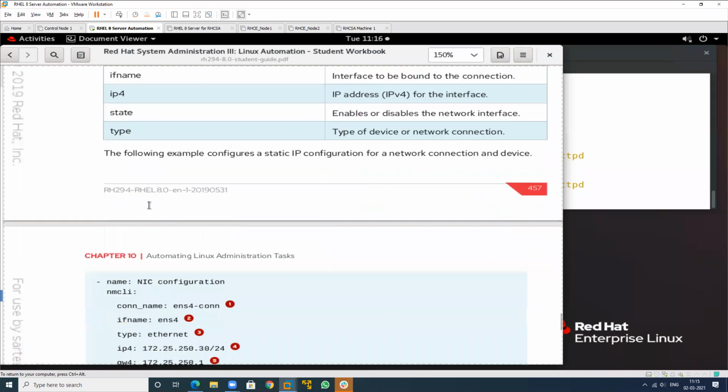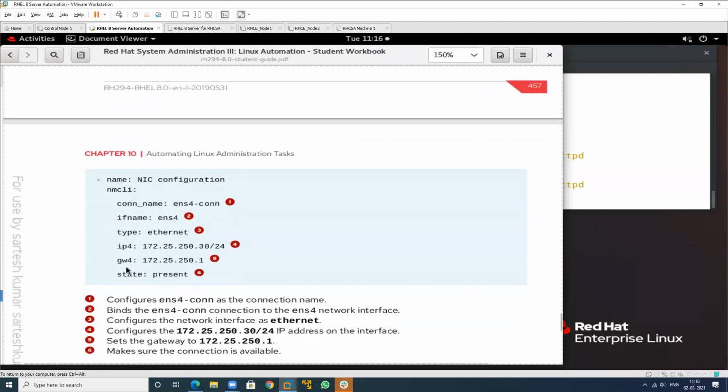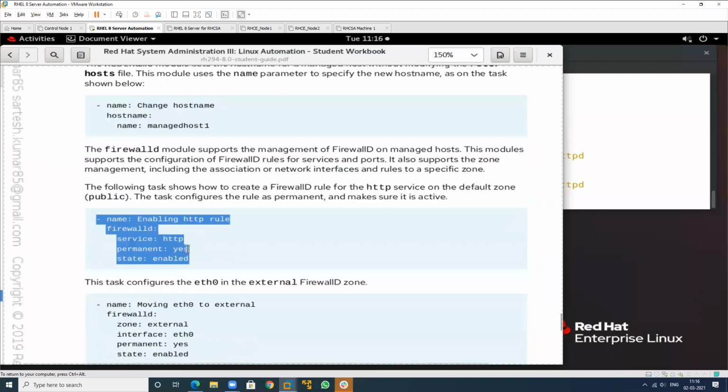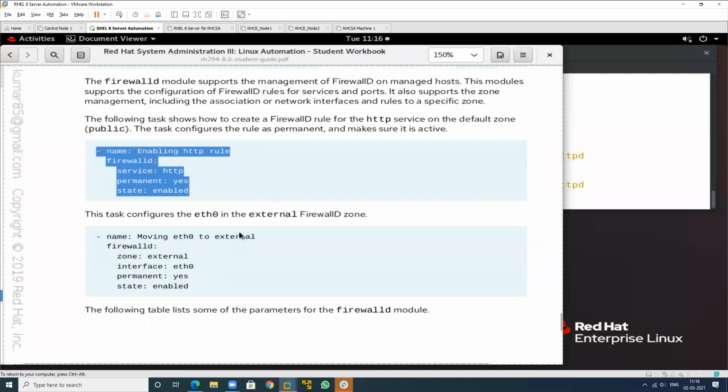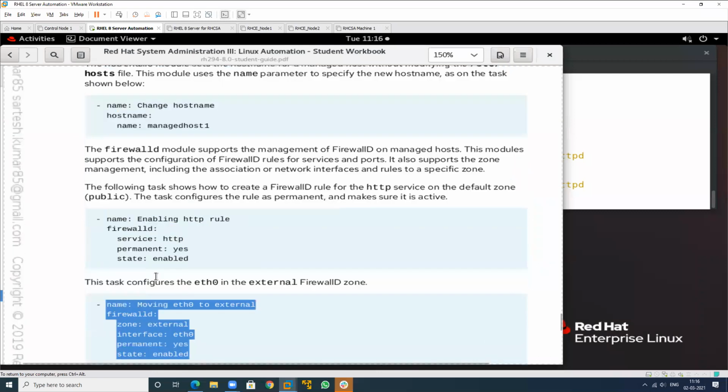So this is the command, this is my connection name, interface name, type name, gateway, IP address. The whole thing will complete. See, this is related to host name, this is related to firewall. All these things are to be completed. This is all related to the firewall also. Which particular service do you want to enable?